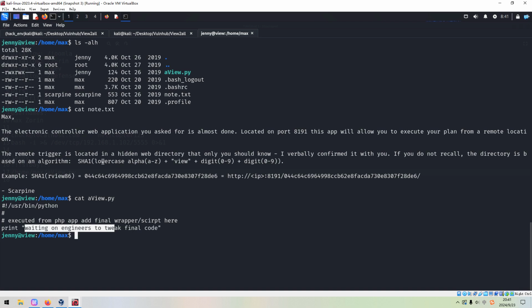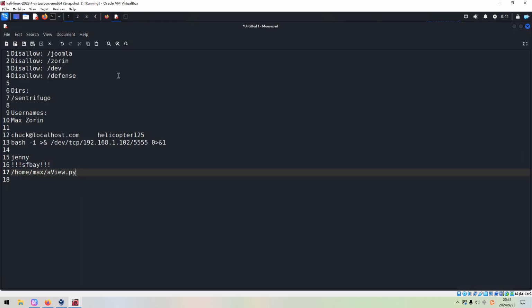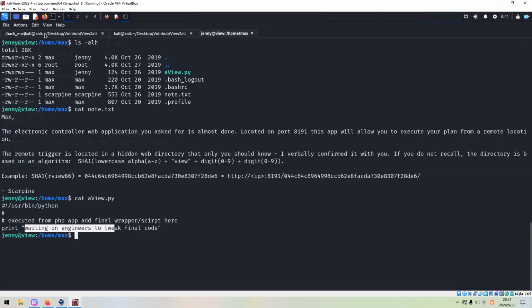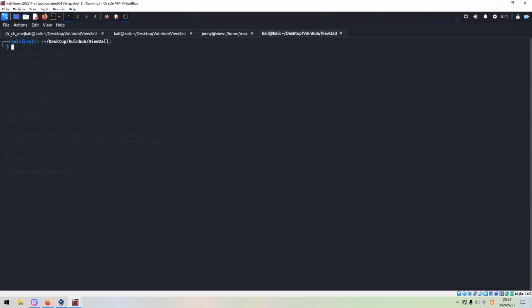Maybe we can use Python to, first of all, generate the word list. And then we can use GoBuster, or DirBuster, to make directory enumeration. Okay, let's do it. We can use, not the code, the PyCharm.